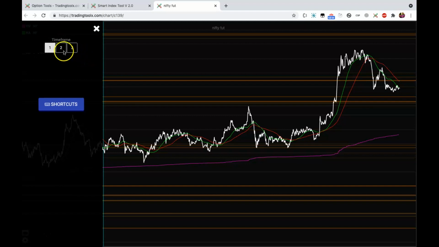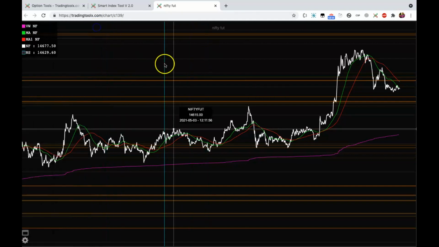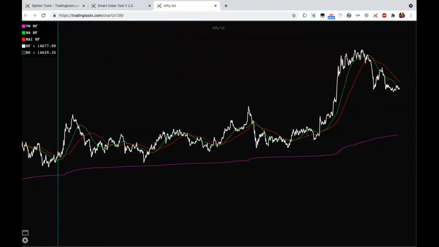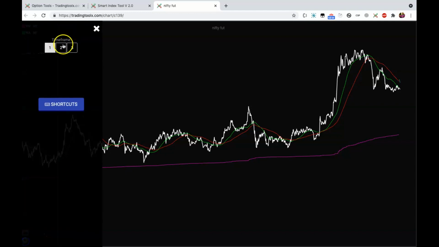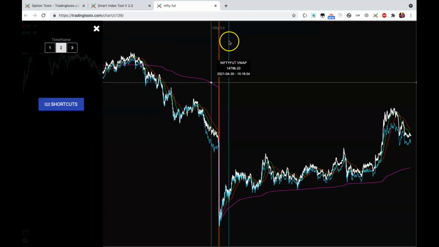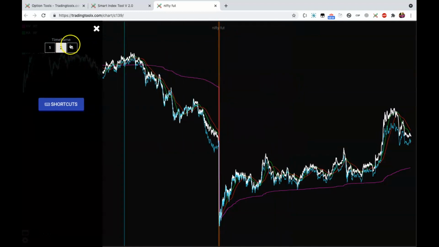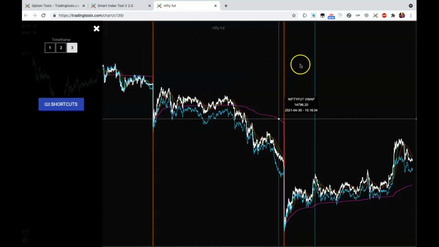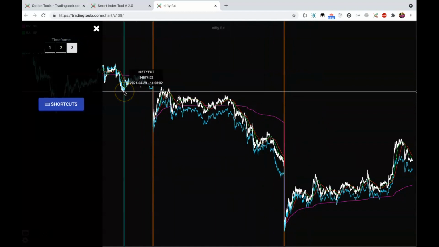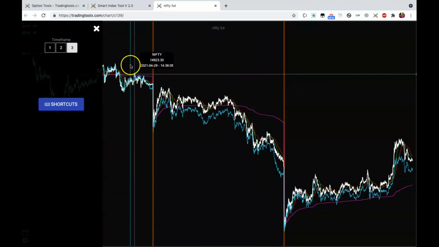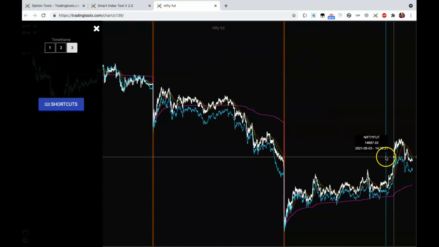Here you can choose the time frame. So this is 1 day intraday data. If you want to see 2 days data, you click on this 2. This brown color line is the gap between yesterday and today, and if you keep 3, you will be able to see 3 different days of data. So this is day before yesterday, this is yesterday, and this is today.